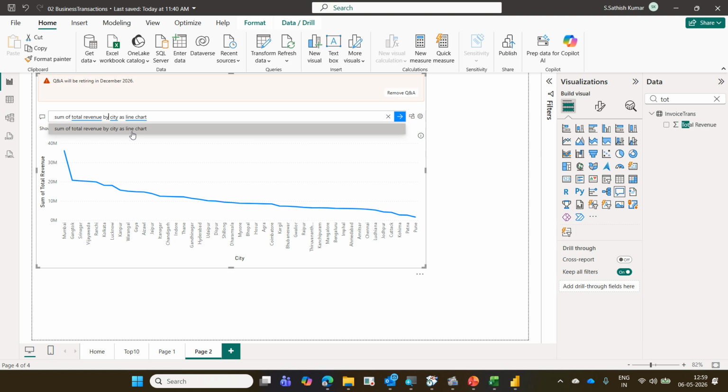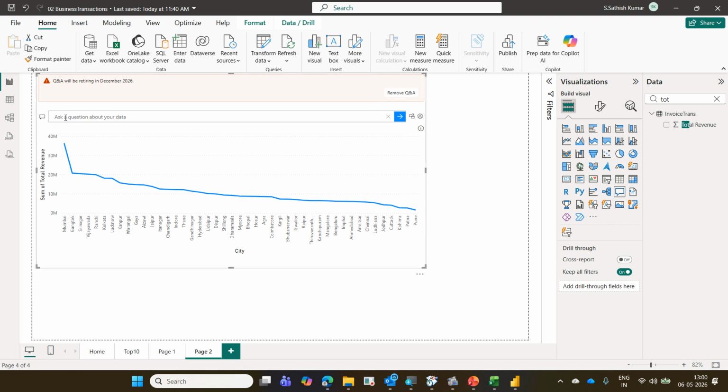If you are not comfortable with typing, no problem. I remove this. Place the cursor on ask a question about data. On your keyboard, press Windows H. Sum of total revenue by city as a bar chart.